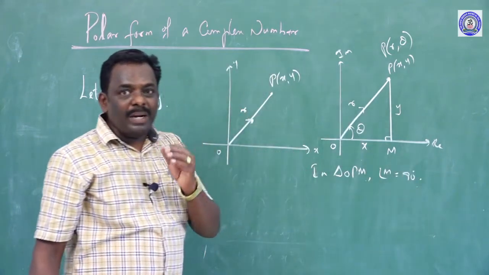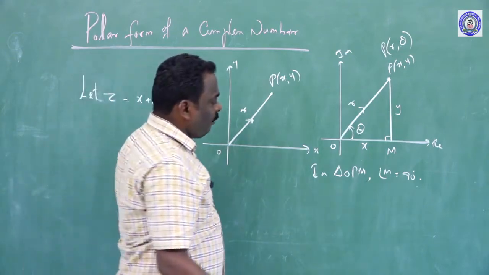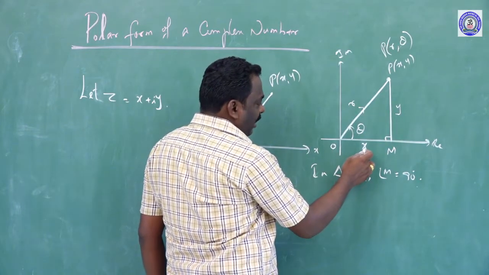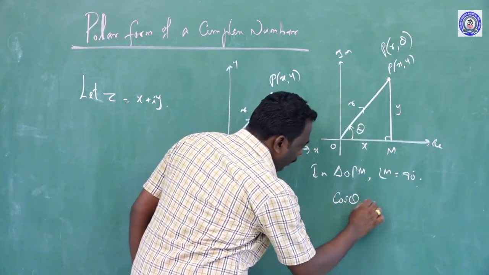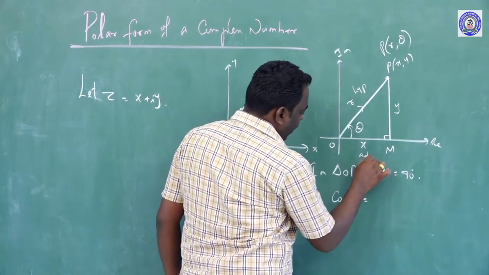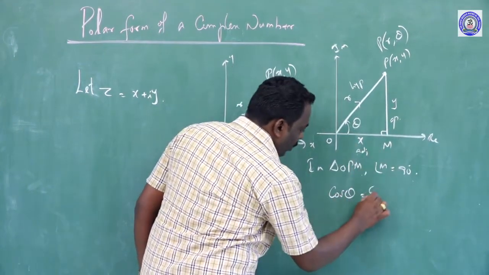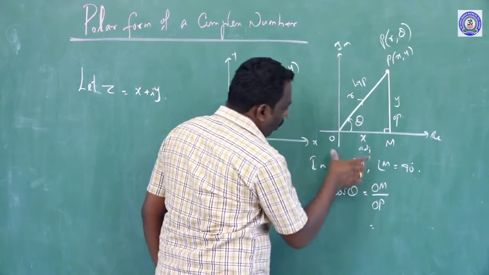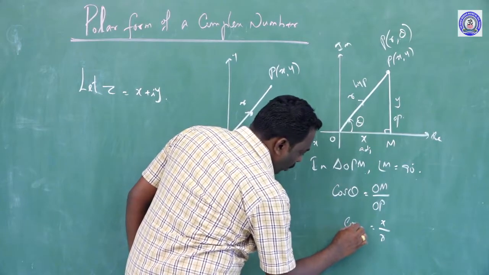So, applying trigonometric ratios, all the basis of it is the right angle triangle only. Therefore, the right angle is 90 degrees. To find the value of x, we apply cos theta. Therefore, cos theta is equal to the adjacent side divided by the hypotenuse, where the angle is theta and the opposite side is called the opposite side. Therefore, the adjacent side OM divided by the hypotenuse OP. So, OM by OP is equal to x divided by r. Therefore, it is equal to cos theta.